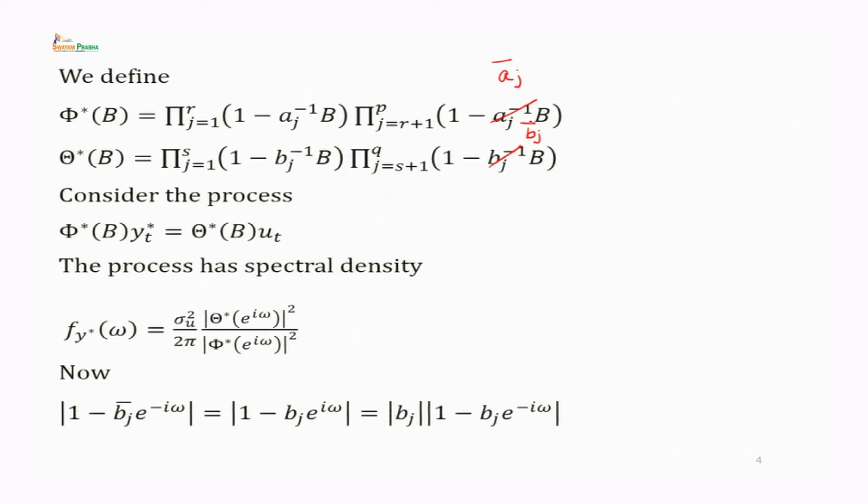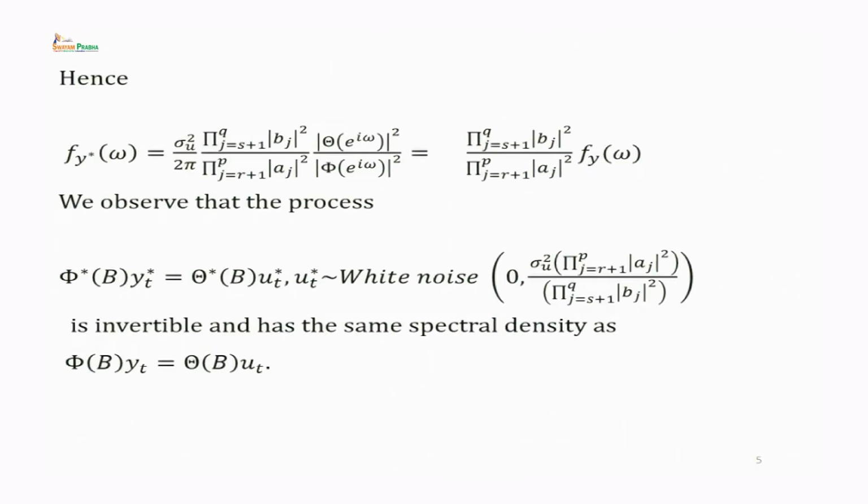Then this process has the spectral density sigma square u upon 2 pi, mod theta star e to the power I omega whole squared upon mod phi star e to the power I omega whole squared. Now, 1 minus b j bar e to the power minus I omega, and mod of this is equal to 1 minus b j e to the power I omega, mod of this, and this is equal to mod of b j into 1 minus b j e to the power minus I omega. Hence, for